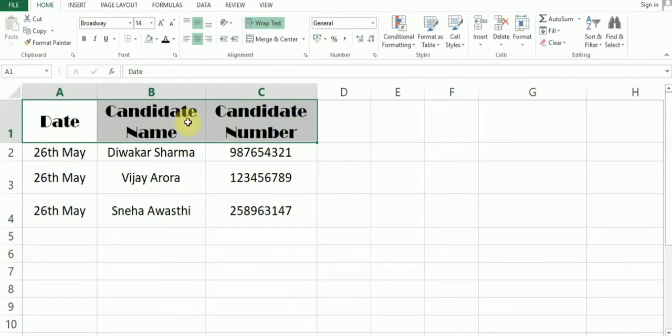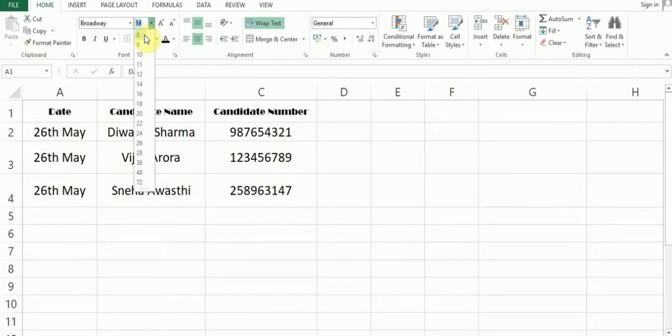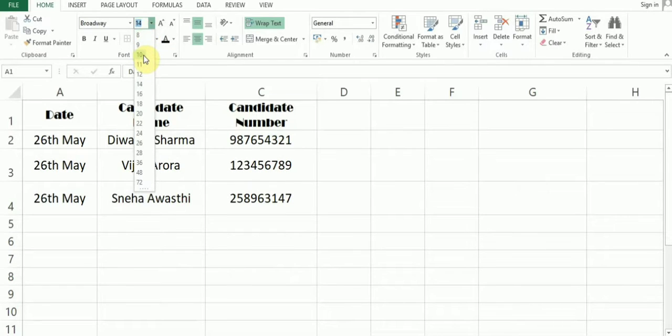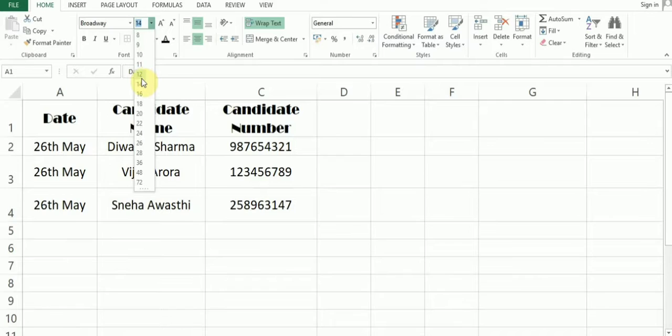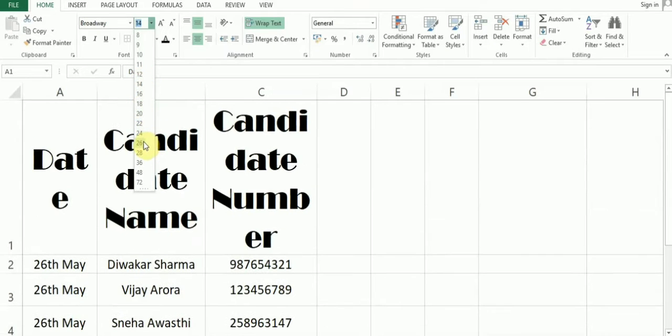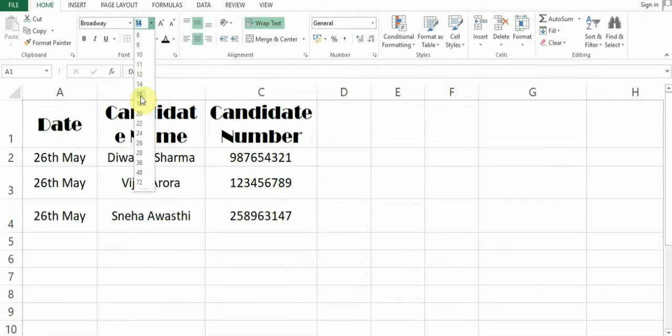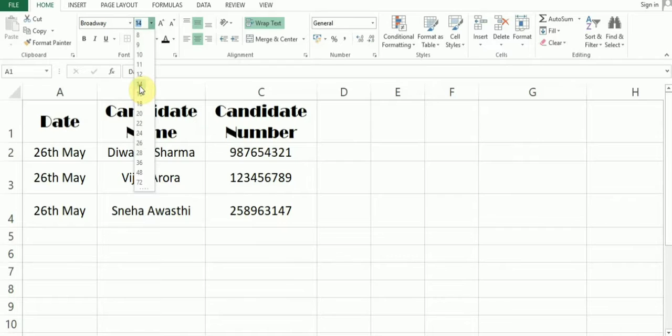We are changing the size for this particular data, only for the heading. This is your font size tab. Let's say we want to keep it 8. It's very small. Let's say 10. It's alright.